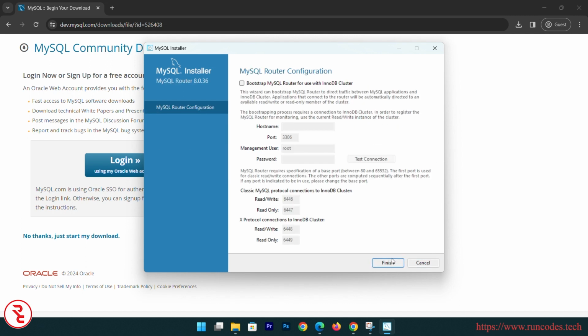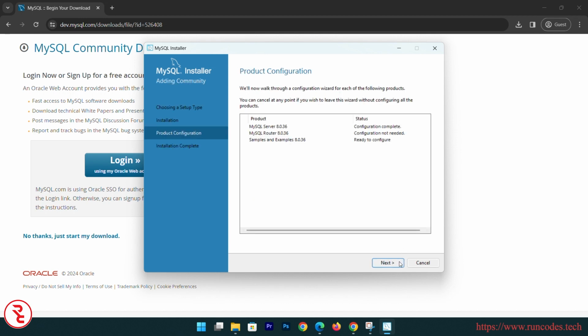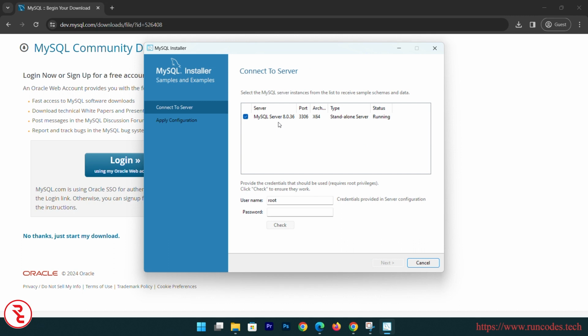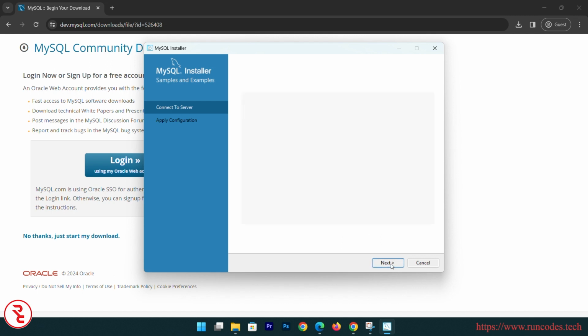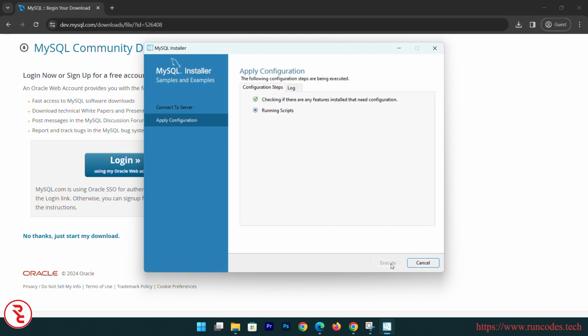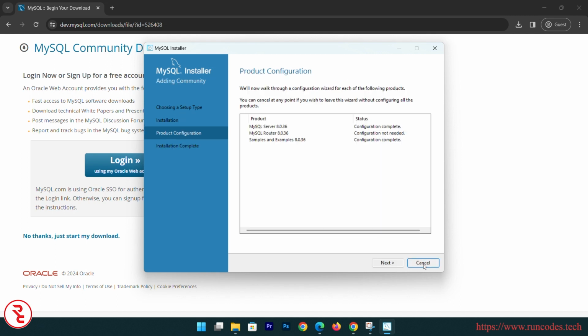Click next. Now here is some test connection. Click finish. Next, and MySQL server is the standalone server, and you have to type your password here. Click check, and then connection succeeded. Next, and then execute again. Click finish. Click next,